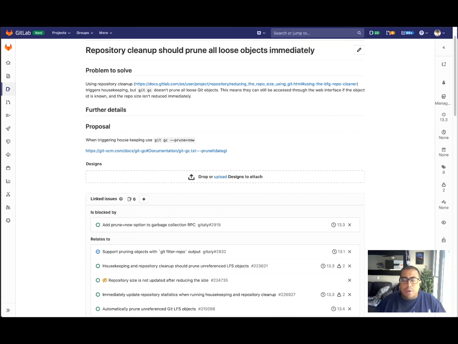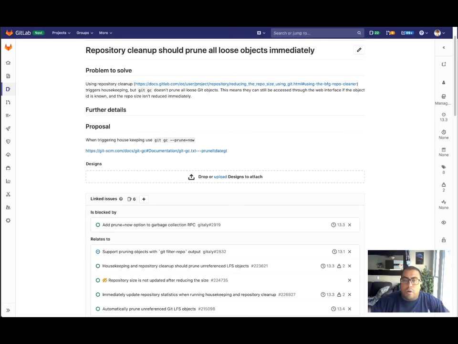Today, when you do repo cleanup, there are some objects that are not referenced by any part of your repo, and those don't get cleaned up immediately. Those get cleaned up either on a cadence or if you manually run some git commands. So we want to clean those immediately after you run repo cleanup,